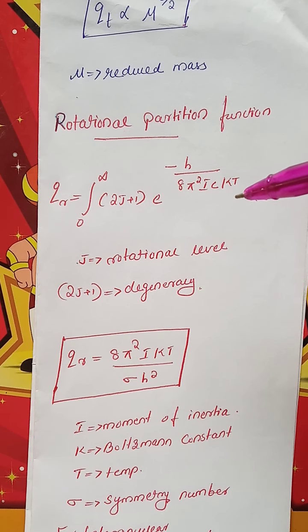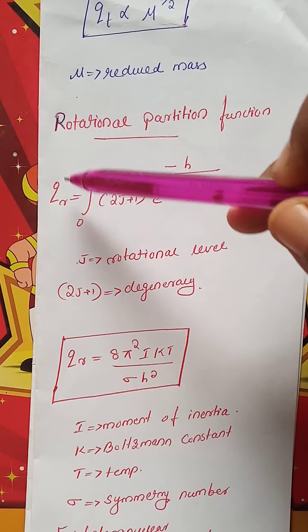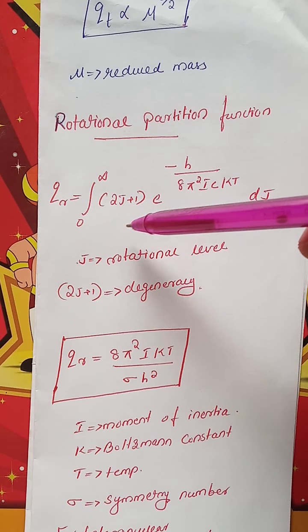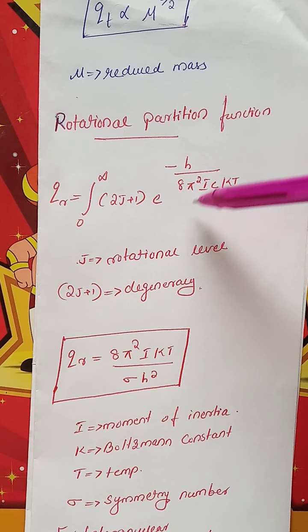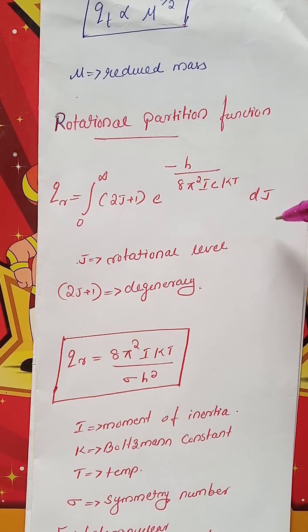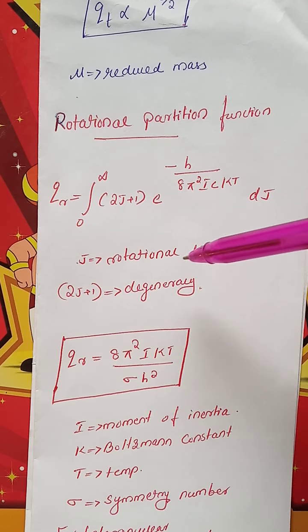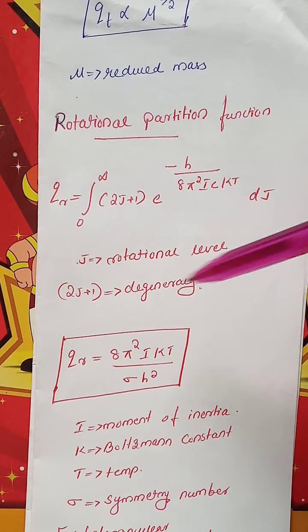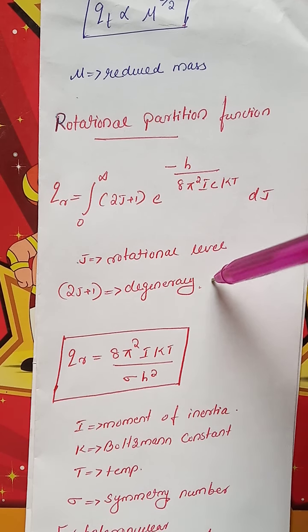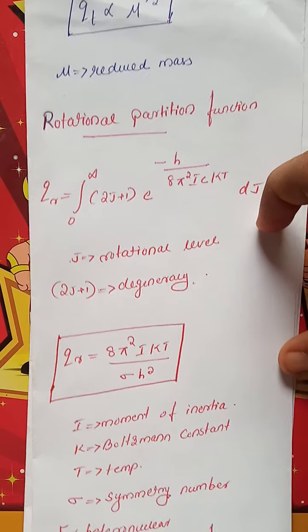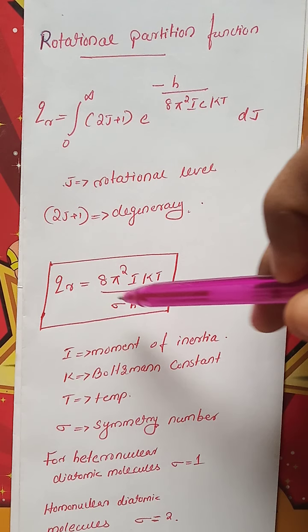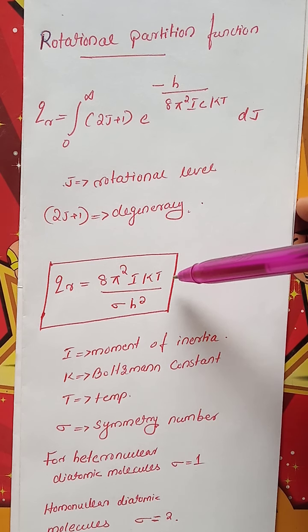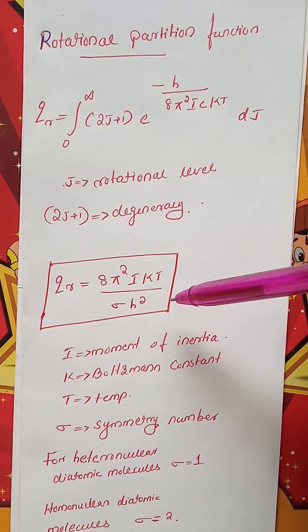The equation to find the rotational partition function is Q rotational equals the integral from 0 to infinity of (2J plus 1) e raised to minus h squared by 8 pi square I kT dJ, where J is the rotational level and 2J plus 1 is the degeneracy of the rotational level. After solving this, we get qr is equal to 8 pi square I kT divided by sigma h square,